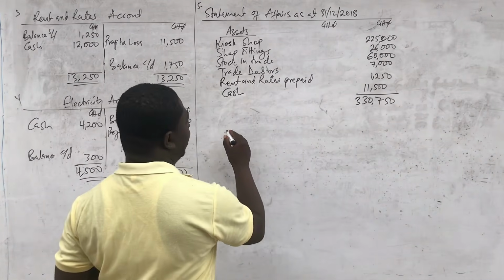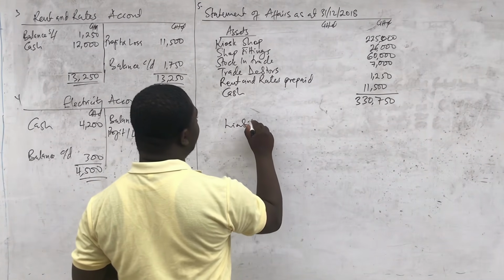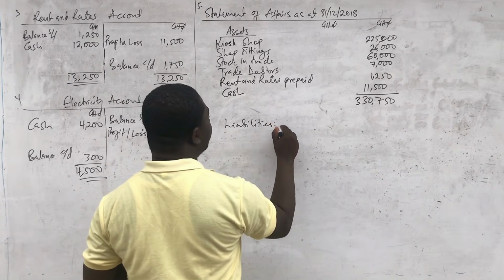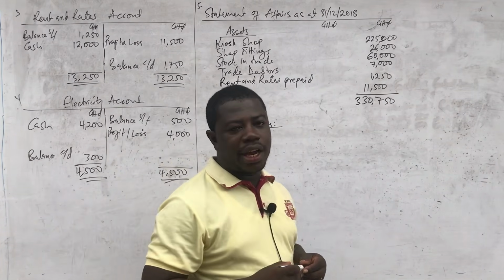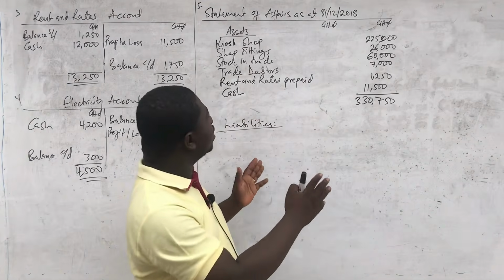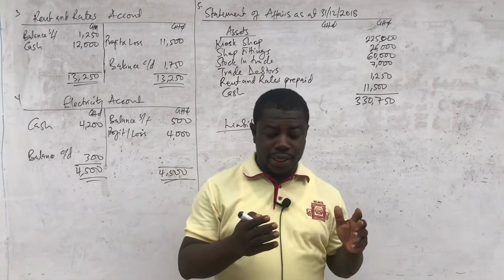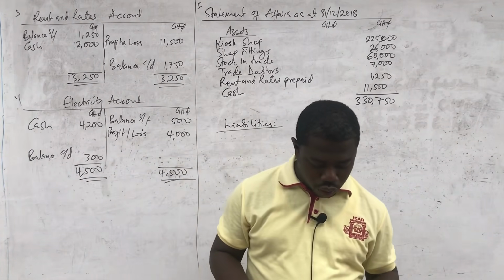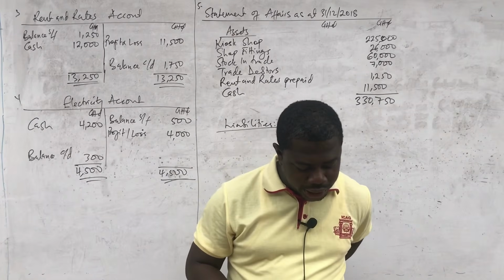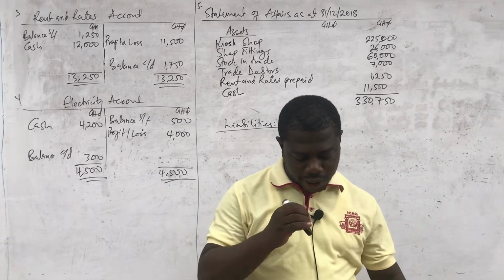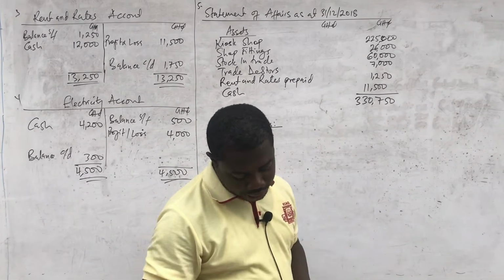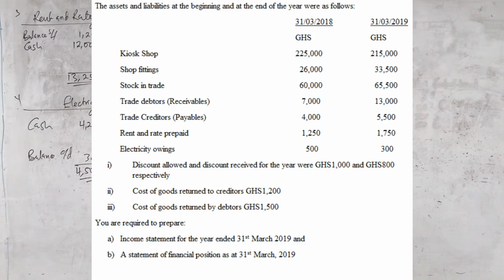And then we can list the liabilities. I told you that the statement of affairs is simply the accounting equation that is expressed in a statement form. And so we are going to take out the liabilities to get the capital at the beginning. So we can list them. Now for the liabilities, we had only two liabilities in this question. That is the balance of trade creditors at the beginning